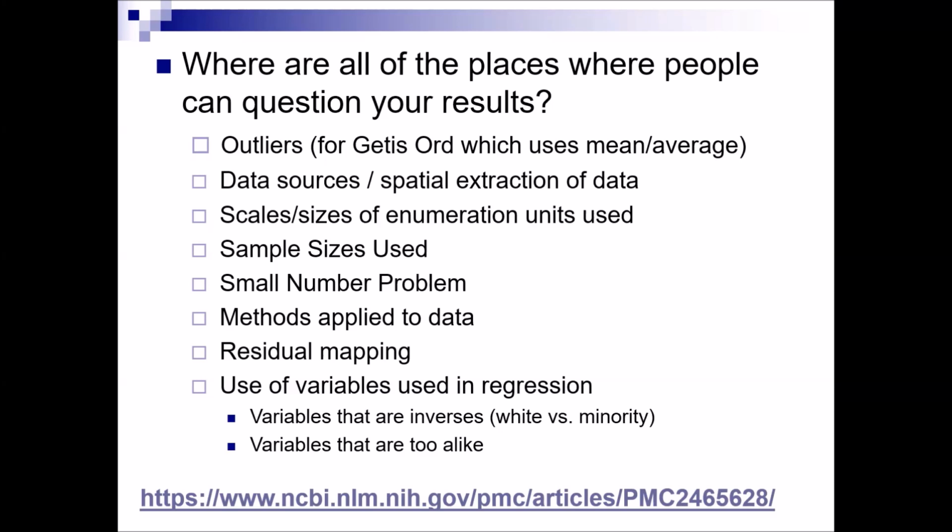So we're going to talk about outliers, especially for the Geostats org, data sources, data extraction, things called logical consistency, scales, enumeration, the whole idea of MAUP, the modifiable area unit problem, sample sizes, small number problems, the methods applied to data. And these are all things in those input parameters, when we just click next, next, next, that we can change or we can think about. Residual mapping, use of variables used in regression, variables that are inverses, variables that are too alike. And this is a big fancy word called